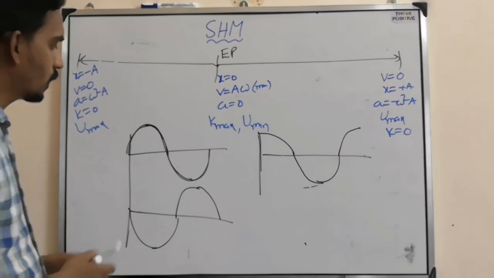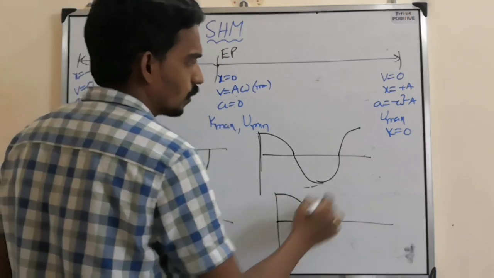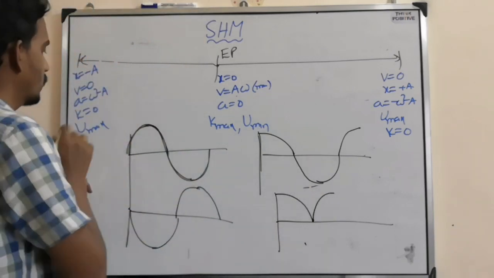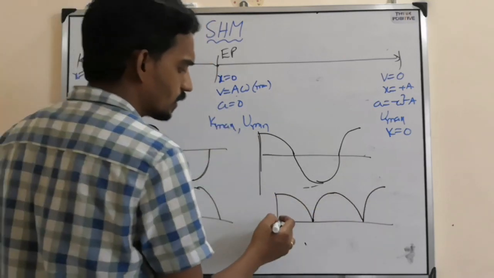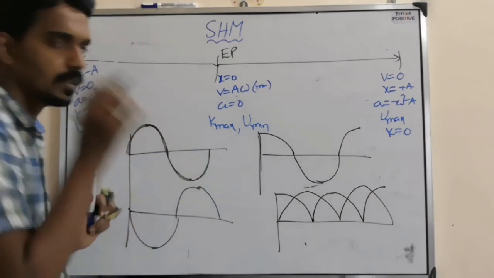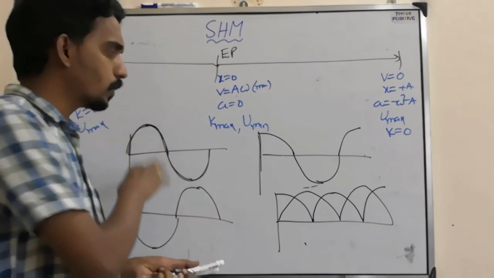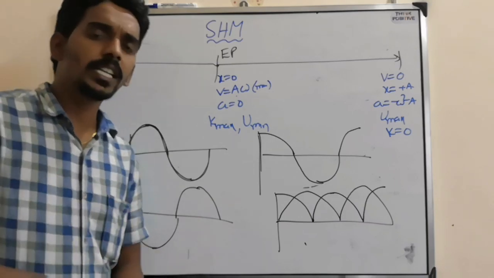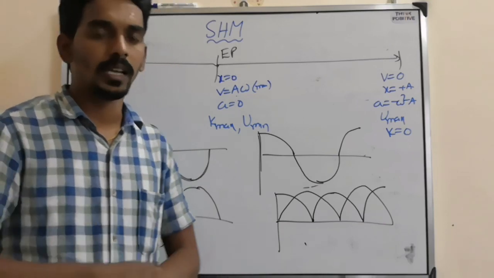Similar way, kinetic energy and potential energy also you can draw. See, kinetic energy first maximum, then 0, then again maximum, but kinetic energy will not become negative, always positive, then again 0, then again maximum. Now if you take potential energy, here it is 0 minimum, then it will become maximum, then 0, like this. So this is the difference between kinetic energy and potential energy, and this is the difference between displacement, velocity and acceleration variation. These are all the various parameters based on which questions can come in the entrance based on SHM.